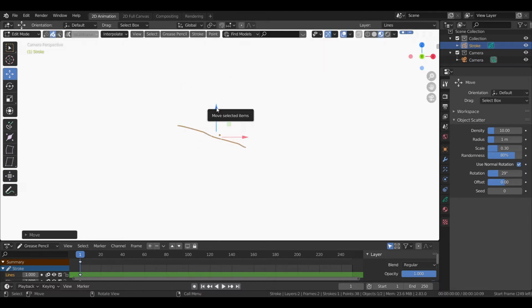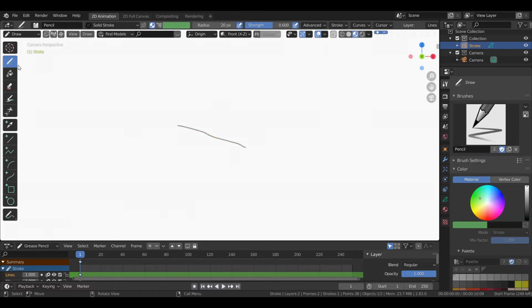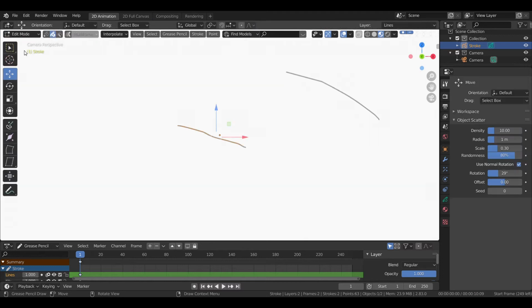For example, when we go to draw mode and we have drawn two strokes and we are trying to move both of them, make a box and then we are able to move both of them at the same time.